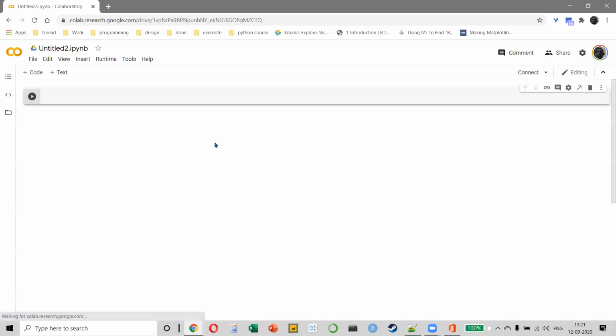And the best part here is that you don't have to install anything. You don't even have to install Python. All your processing is being handled by Google. So even if you're working on a very slow computer, it doesn't matter, right? When you're doing machine learning and AI, your system has to be very, very fast. Otherwise, it takes a lot of time to run. The beauty is that you can use Google to run all of this. For example, if I say 1 plus 1, right? And I run it. Do remember the first time you run it, it takes some time. And once it connects and starts to run, then it becomes very fast. But the first time it does take some time.